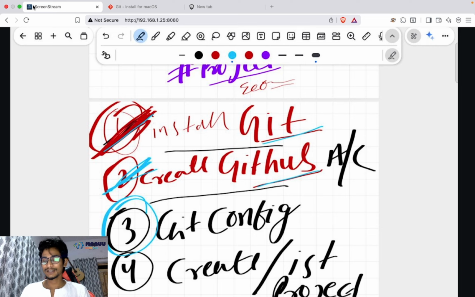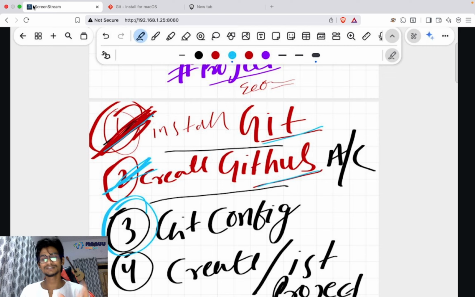Let's suppose GitHub is what? In GitHub, we store our data. In the sense, repositories means code, projects, whatever we build. We store it in GitHub, in the same way that we store our photos and click videos. So what is GitHub? A kind of cloud service, a cloud-based system where we store our data.